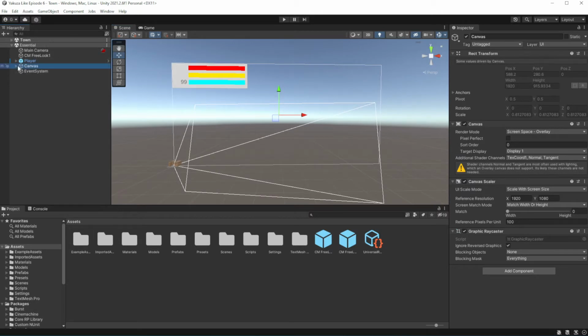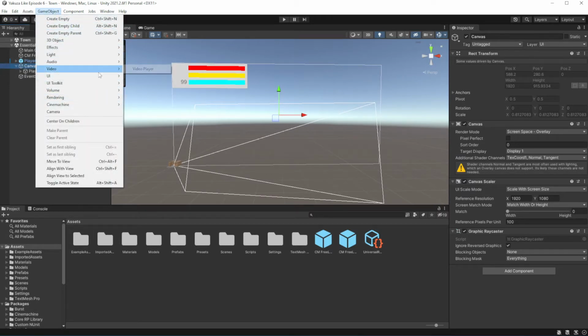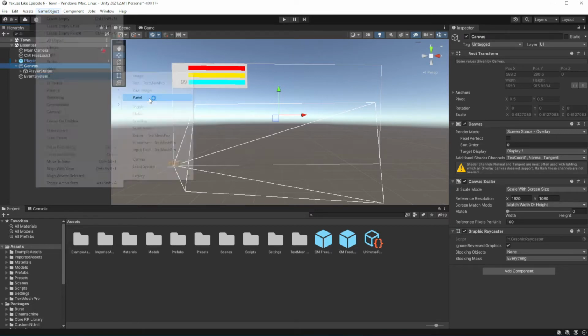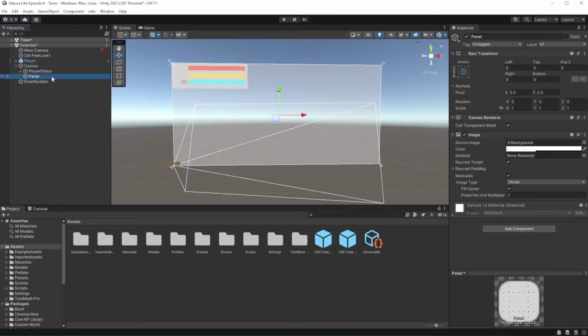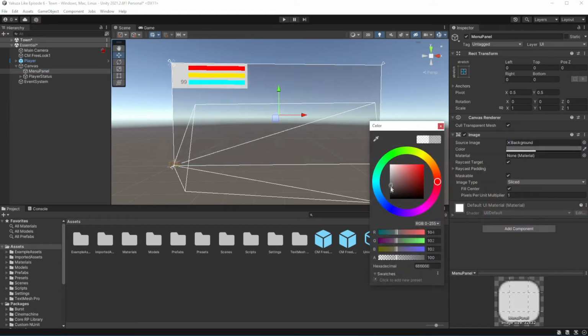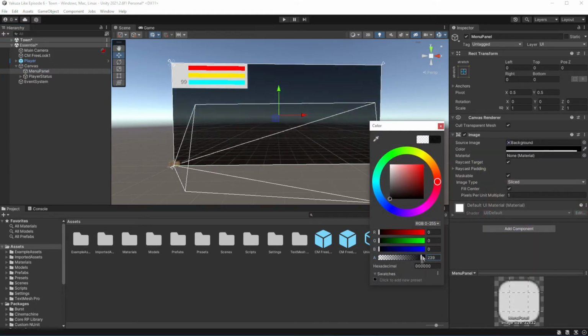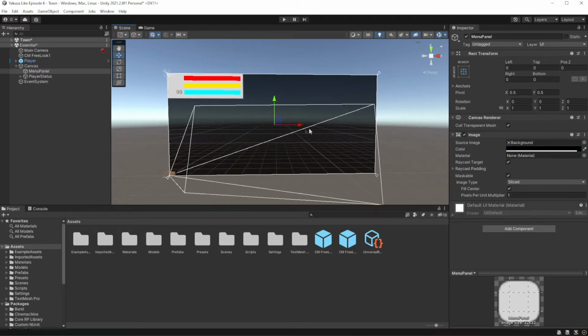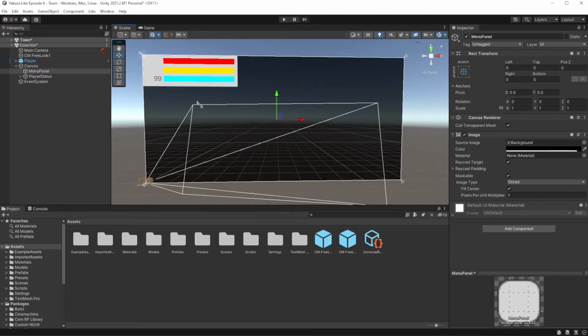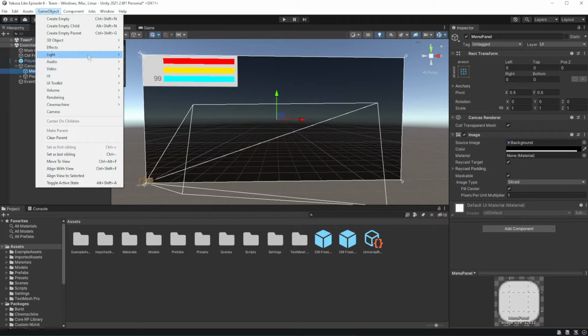Create a panel for this menu. Create 3 buttons: Inventory, Quest and Continue button.